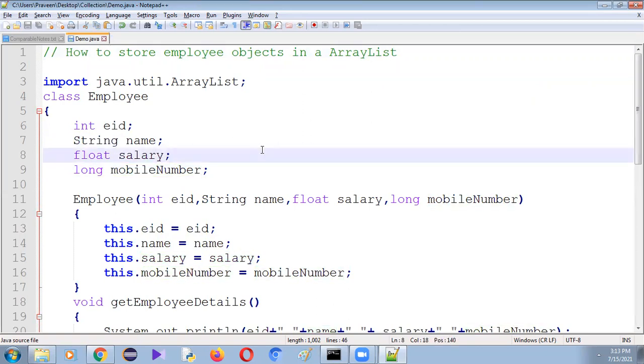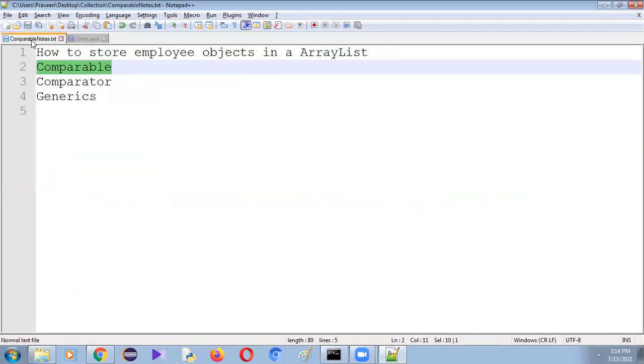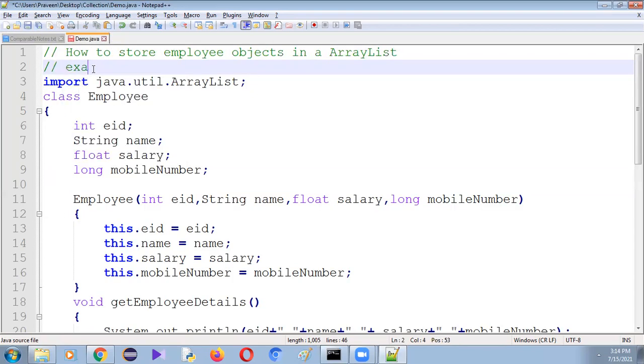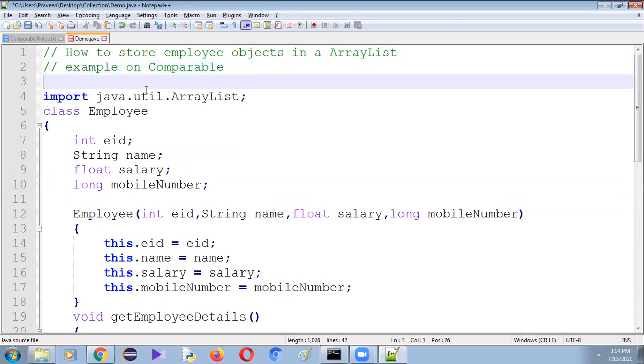Let me show you the example of Comparable. This is an example of Comparable. It's very important: Comparable and Comparator.